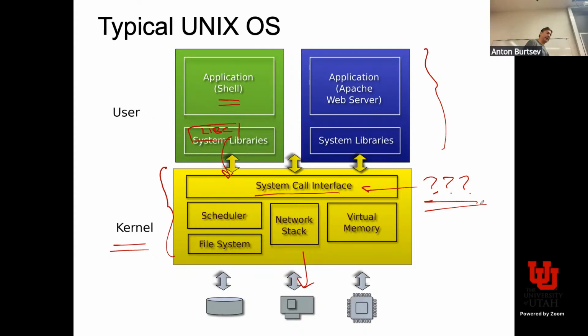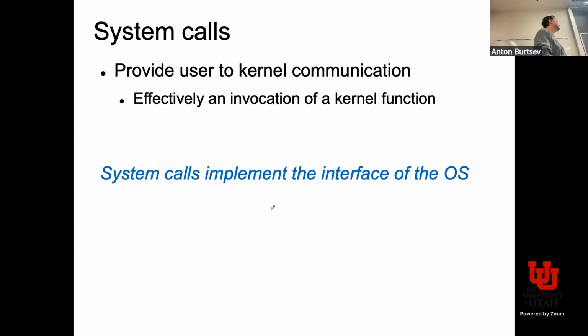So we don't know what's inside here, or we can kind of guess, but we don't really care yet. And we say, look, we don't really care about applications yet, but we can hypothetically think of, okay, we're going to run something meaningful. But the question is, what is this layer of system call interface, or what kind of interface the operating system should provide? And that's the topic of these two lectures, today and next Tuesday. Right? Make sense? Okay, cool. And in a way, the system calls implement the interface of the operating system, right?